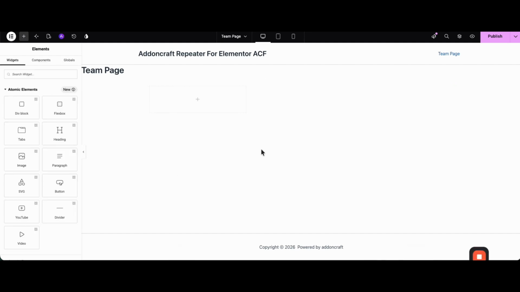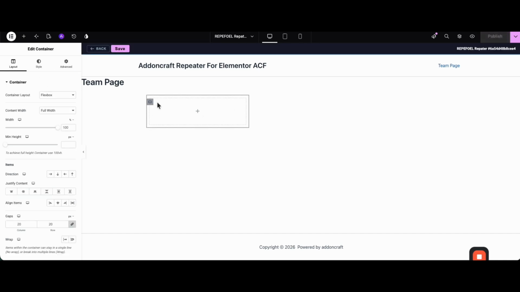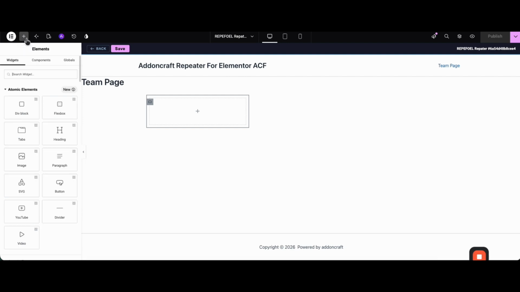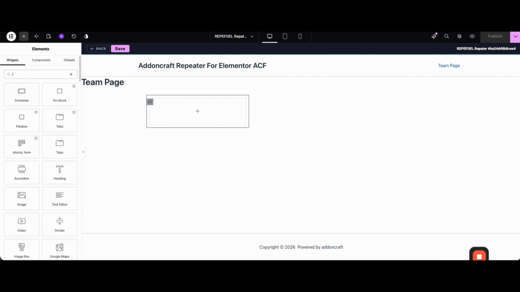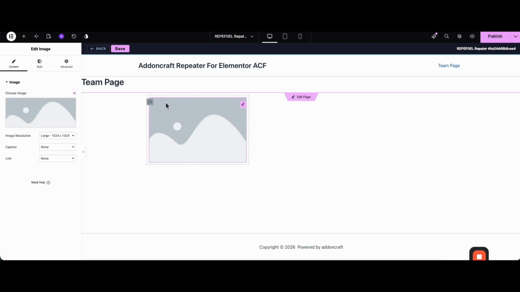Now we are on a template to create our template for that page. Here you can see the box and everything. I'm going to search for image, so let's go with image first. I'm going to add an image, and here we're going to use the dynamic tag to populate